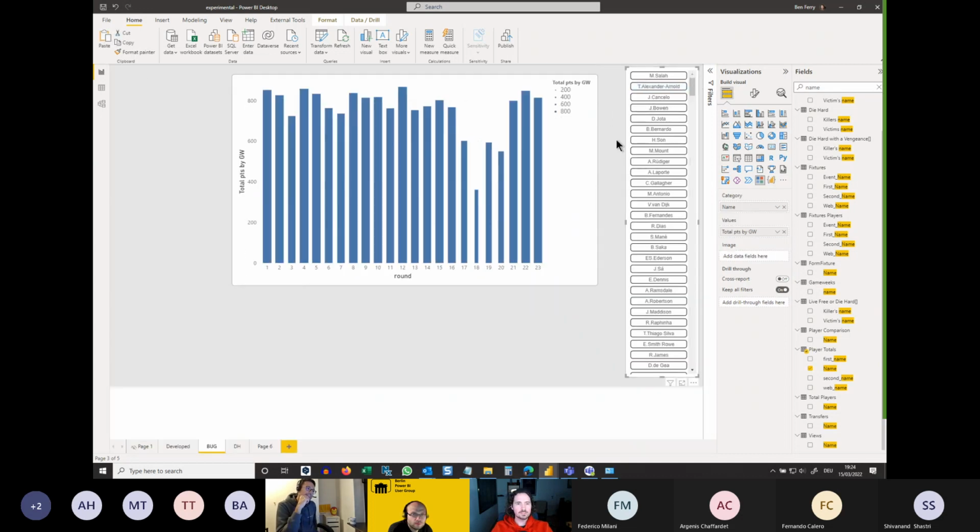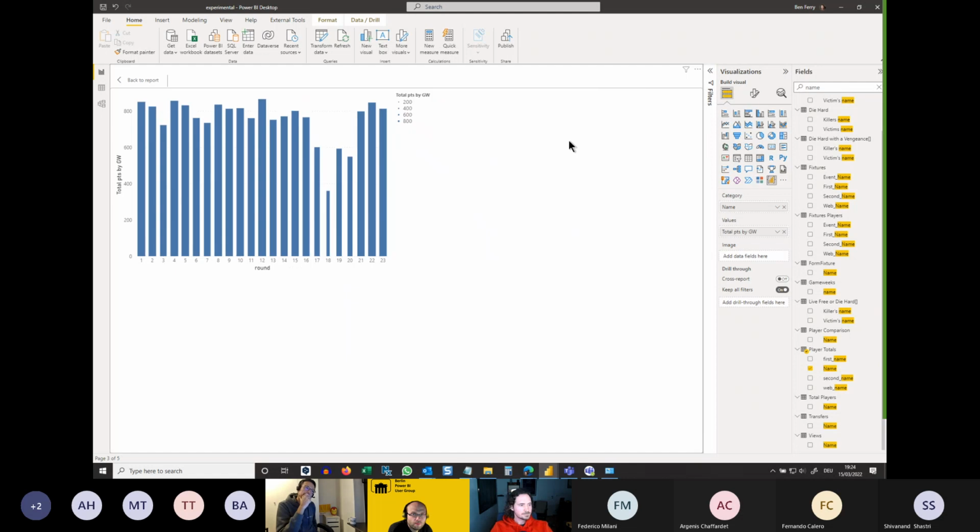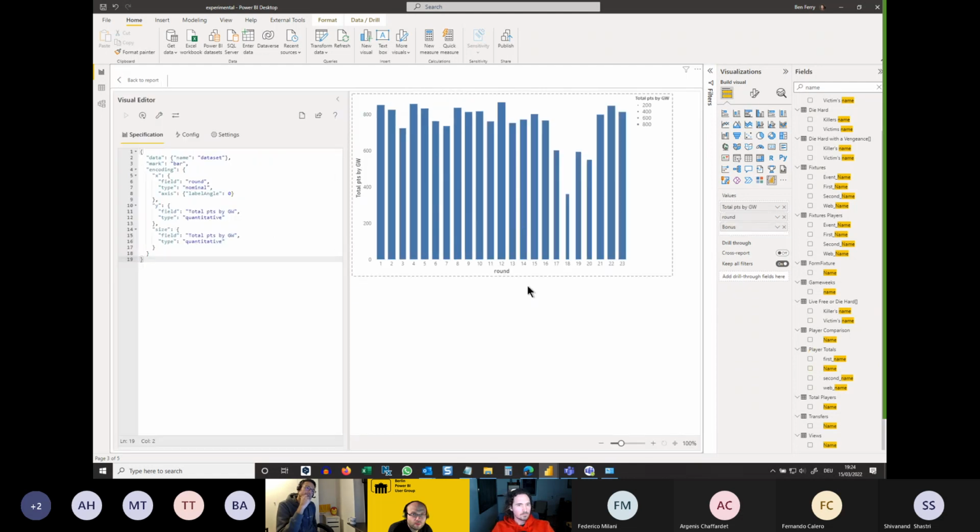So let's go back and remove the slicer. My mistake. Is there a call for that? I don't know. I think it's quite cool, to be honest. I quite like it. It's a bit different, at least. So when you find something that's different, it's always fun, right? Of course,